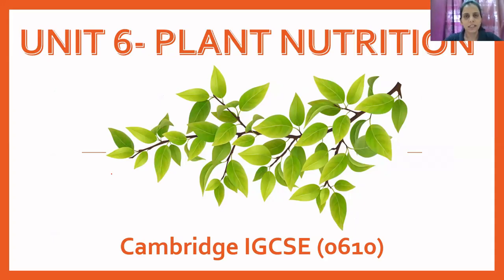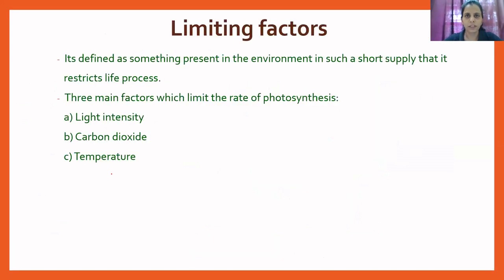Hello everyone. In this video, we are going to learn about limiting factors. The process of photosynthesis in green plants is controlled by, or you can say is affected by, several factors like the availability of light intensity. That means the amount of light which is available to the plants for the process of photosynthesis. Then the availability of raw materials, that is carbon dioxide and water, and the temperature of the surrounding environment of